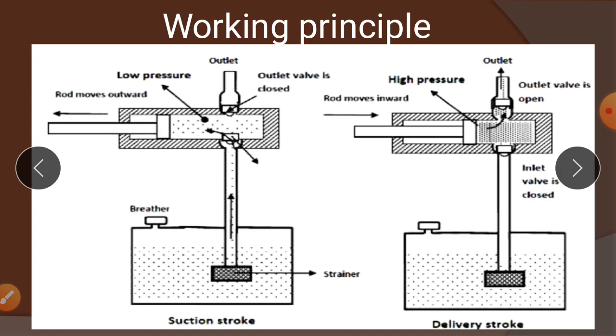Similarly, if you take a rotary machine, that is a rotating pump, what happens there also is that you experience a partial vacuum. Because of that, the liquid is sucked inside the pump chamber, and it is pushed to the outside at a higher pressure. So the same thing happens here. This is the pumping theory of a reciprocating pump.